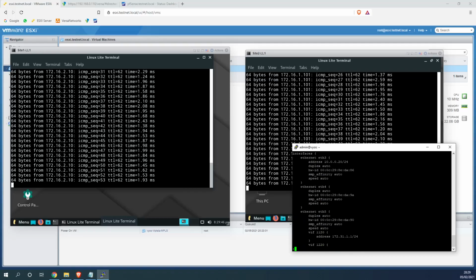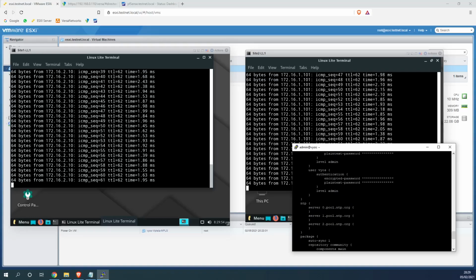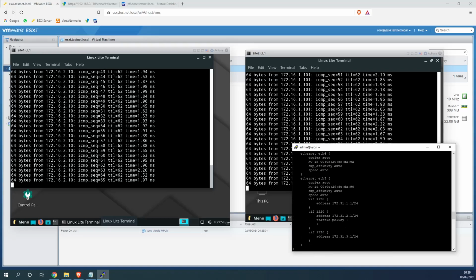Okay, so we've got down here a traffic policy of a 10 millisecond delay, which I'll apply to my sub interface, which is my MPLS interface